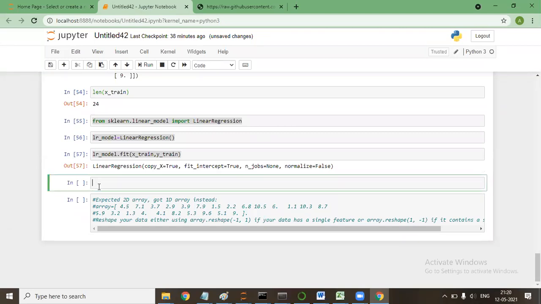Why do we have to convert this y into a 2D array? Whatever you showed on Excel, I cannot correlate with what exactly we are doing in linear regression. So let me tell you. When we work on Python and when we work on Excel, the models, say a linear regression model or any other model, are made by developers, the core Python developers, who have designed the linear regression function.